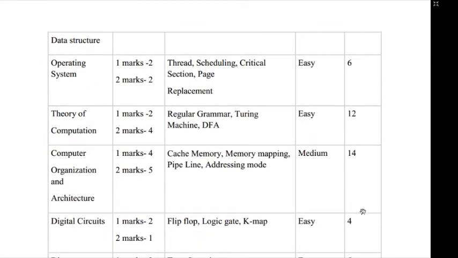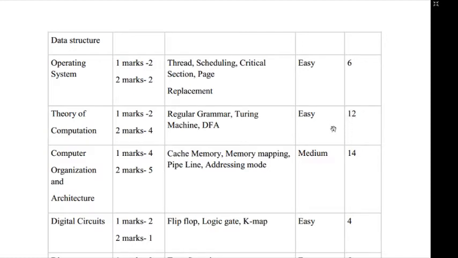In operating systems, which had a little more than 6% weightage, 2 one-mark questions and 2 two-mark questions have been asked. Threads, scheduling, critical section, page replacement: the questions were a little bit easy. 6 marks have been asked. In theory of computation, 2 one-mark questions and 4 two-mark questions. Regular grammar, Turing machine, DFA are the topics where the questions were asked, which were very easy,